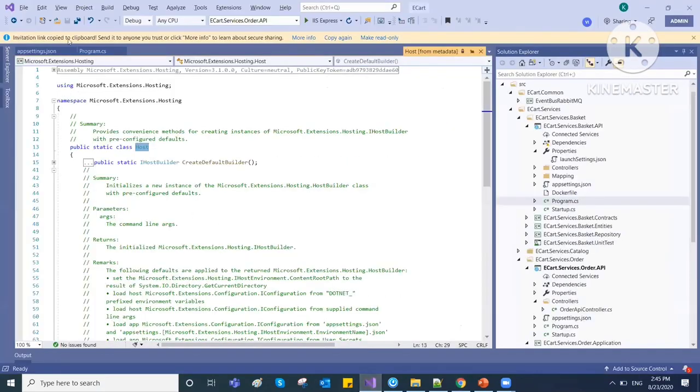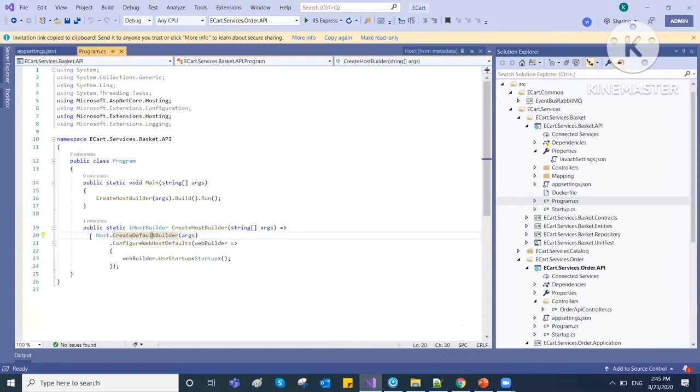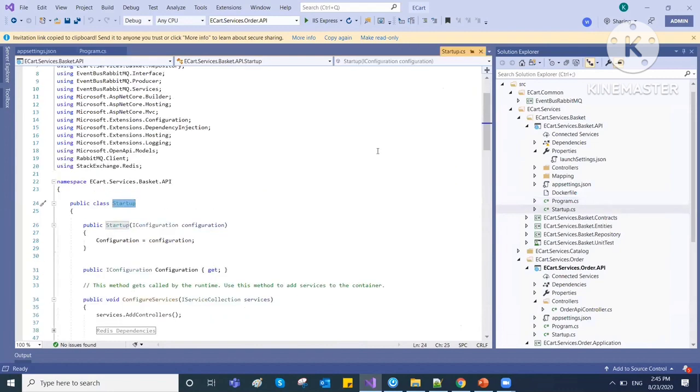Then after all the configurations, they will set up the logging, configurations, environment variables, content root directory, logging, etc. Then after all the setup, they will use the Startup.cs file. If I click on this,